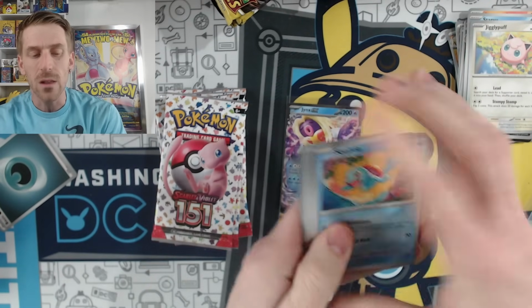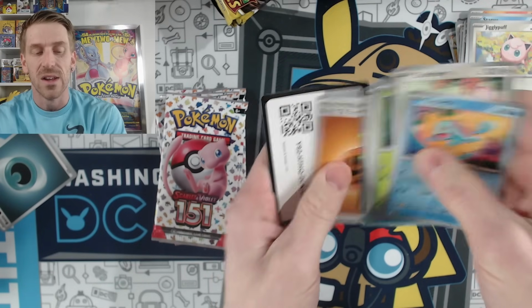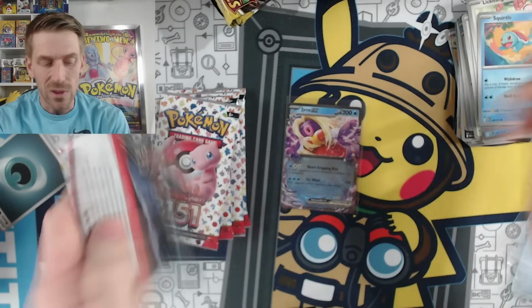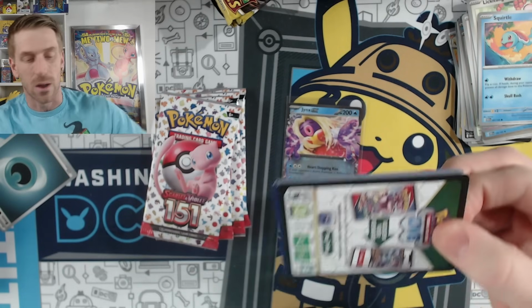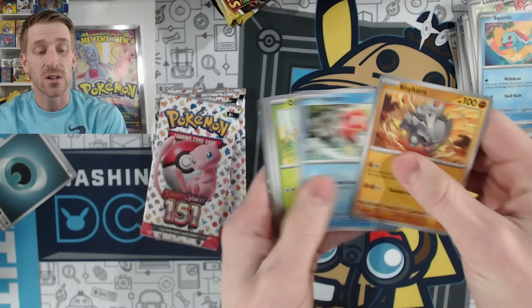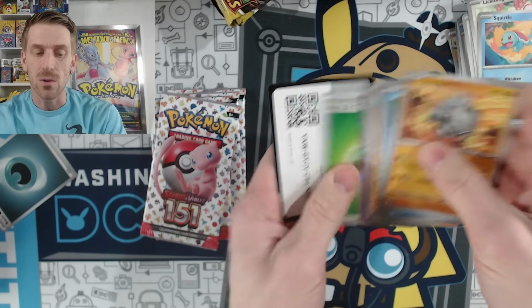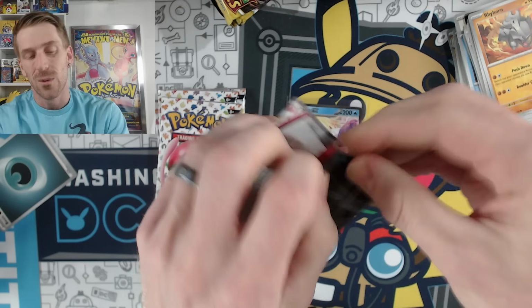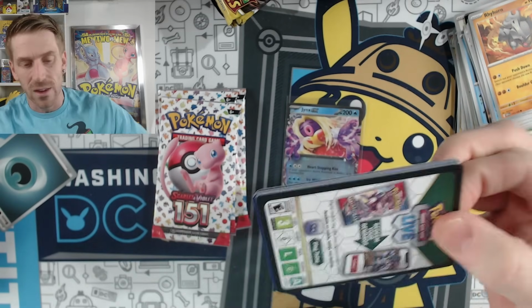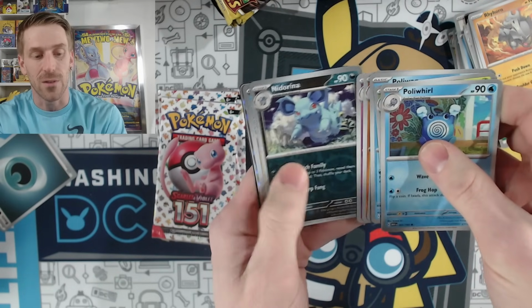And there's really, Scarlet and Violet 151 has really fallen down in a lot of the regular art cards. So regular art EXs, I mean, you have the Charizard, which is still worth like $5 or so, and the Blastoise is right around $3. Everything else, as far as the regular art cards go, really not worth it. It's the illustration rares where you want to pull those starters, the special illustration rare where you want to pull really any special illustration rare is fine. The Giovanni's Charisma is obviously the cheapest of the bunch,